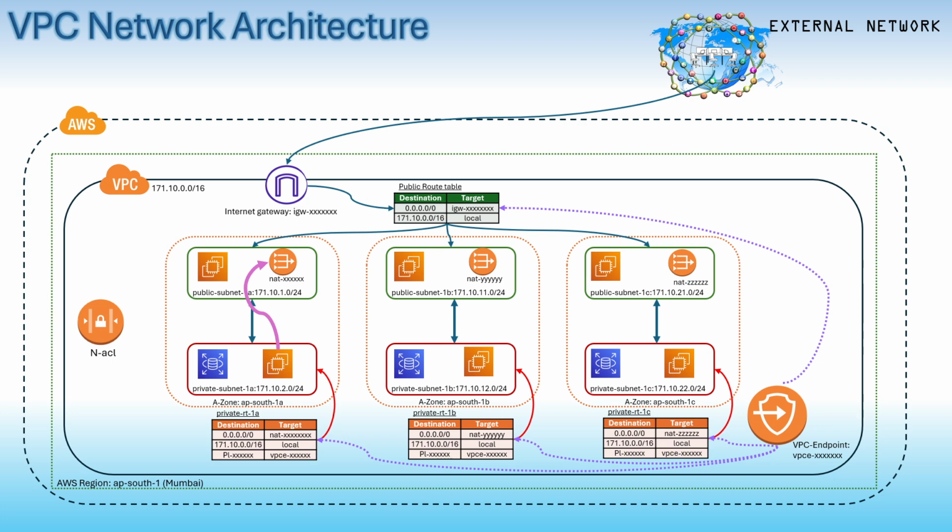Even a docker pull will download from the internet. So how does the request go? First from the EC2 machine to the NAT gateway. The NAT gateway sends the traffic to the internet gateway, and the internet gateway looks in the